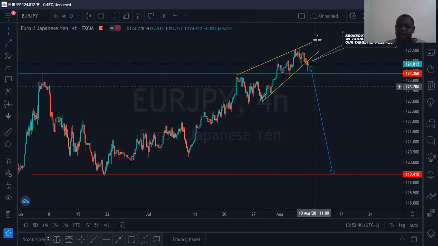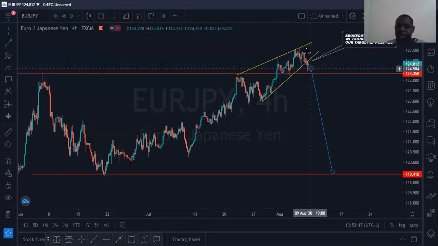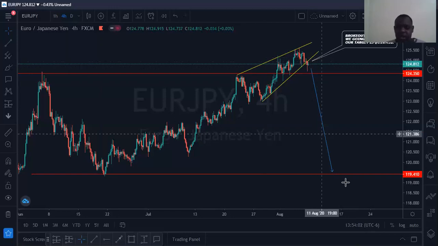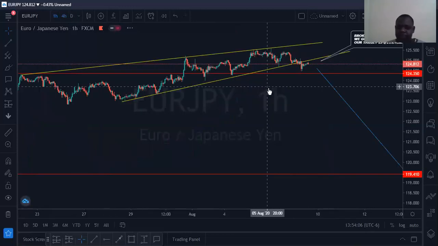So we're looking at the market over here that has created a rising wedge. As it has created a rising wedge, the market has broken our rising wedge and also retested. I will show you on H1 clearly how it has retested our rising wedge. Then we're looking at going short on this trade, just to our target, which is the lower low. Let's just go to the H1 time frame, guys.